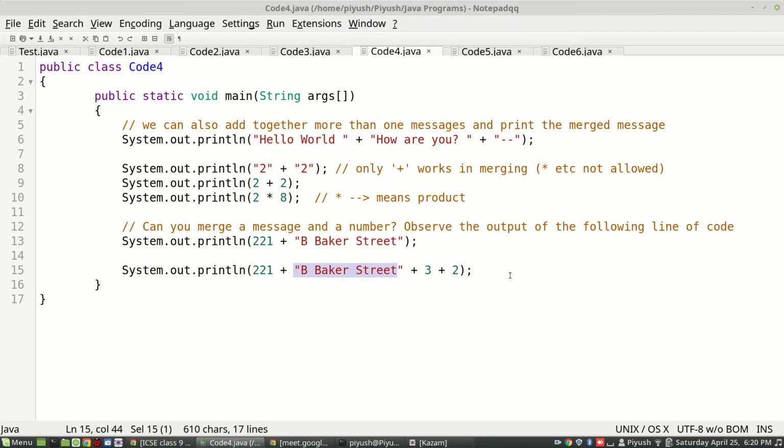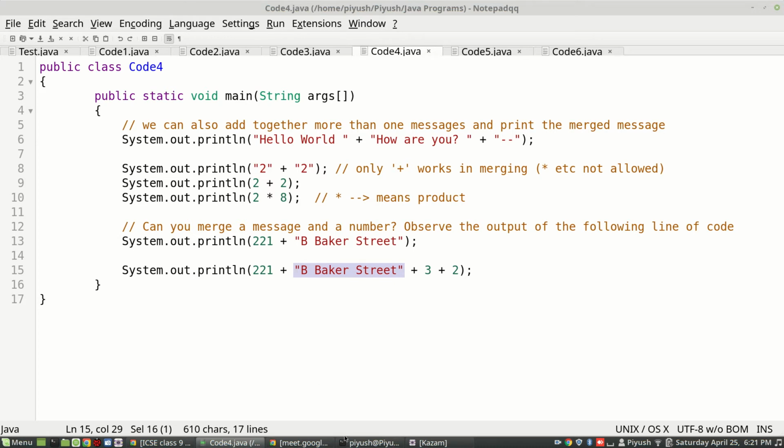They will stick together and form one message. So 221 B got stuck together, then B Baker Street, and then 3 and 2 merged, because you mixed it with a message. So it won't be 5 at the end.